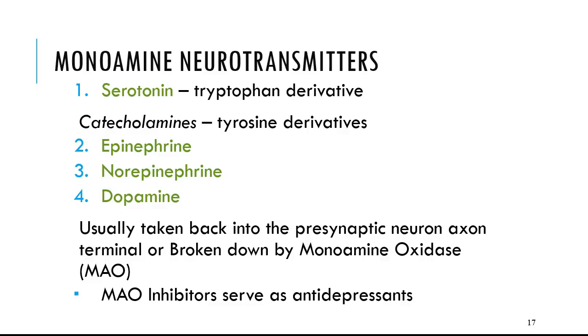If we follow along with our guided notes, we mentioned earlier that some neurotransmitters may be categorized as monoamines, including serotonin, which comes from tryptophan, and the catecholamines. We said the word catecholamine could collectively include epinephrine, norepinephrine, and dopamine. In this class, I may just say epinephrine, but I could say epinephrine and norepinephrine. So they have the same receptors? They have the same family of receptors. They would use alpha adrenergic, beta adrenergic receptors. They're very structurally similar.